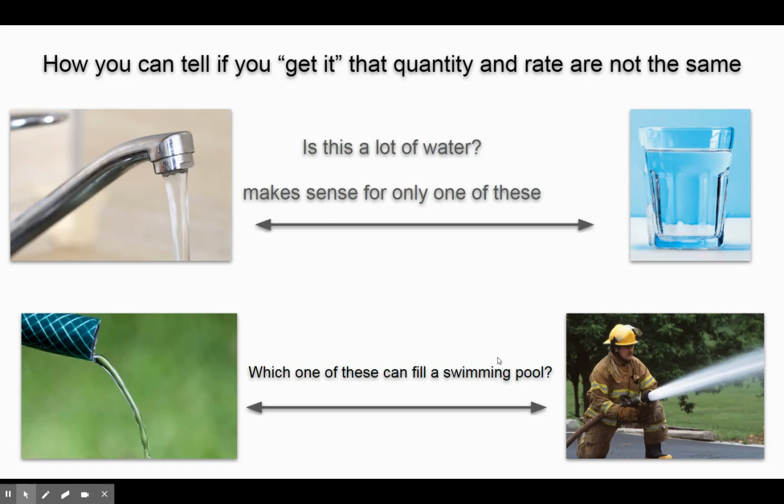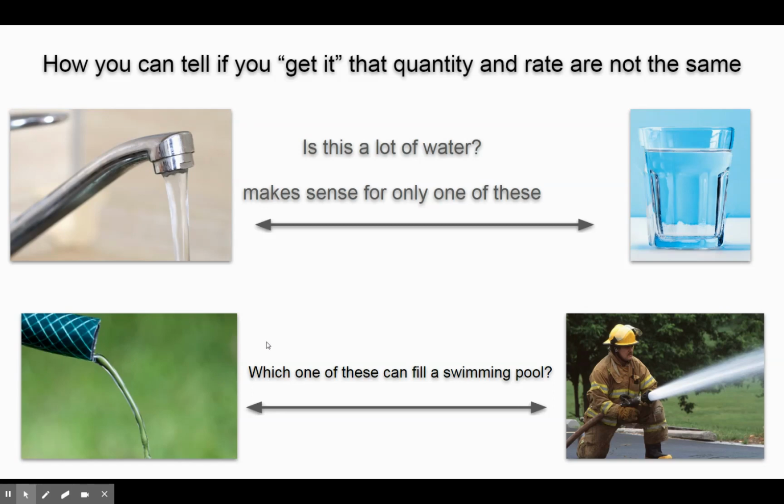Now we get to these two. You go, golly, he's filling the swimming pool. That's cool. This guy over here on the left, he'll never fill the swimming pool with a little hose. Well, no, both hoses can fill a swimming pool. You can't say there's not enough water in that hose. It's not a total, it's flowing. This will fill a swimming pool in about an hour. This will fill a swimming pool in a couple of days.